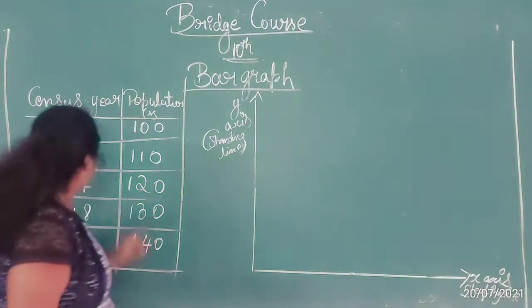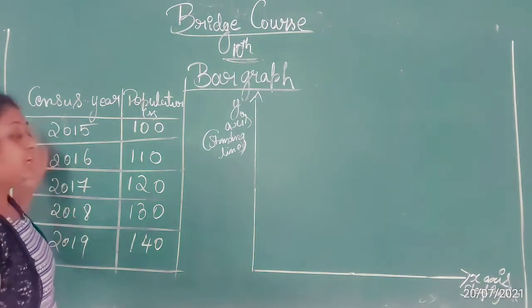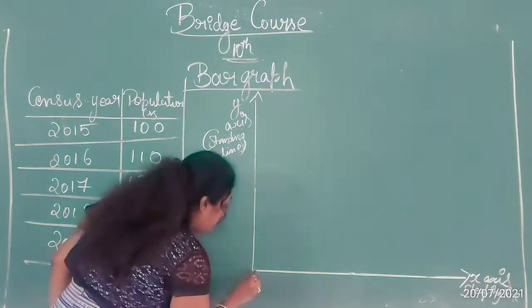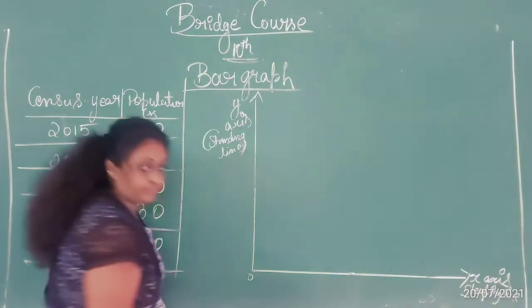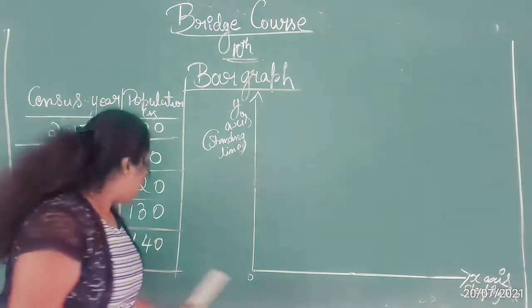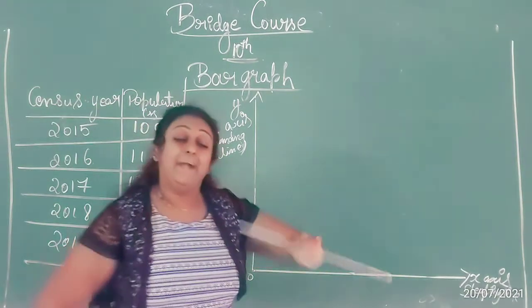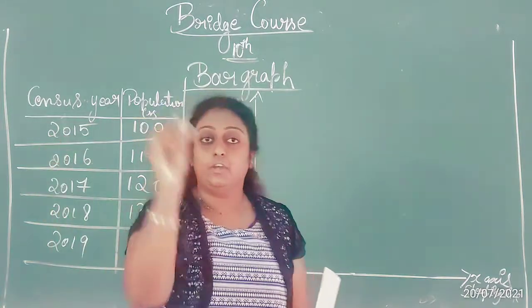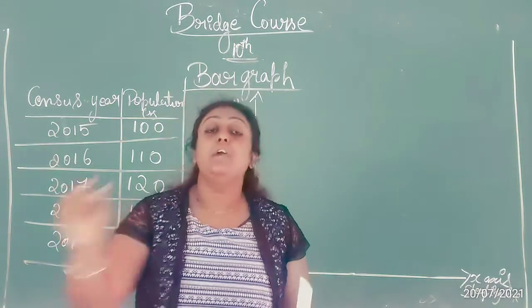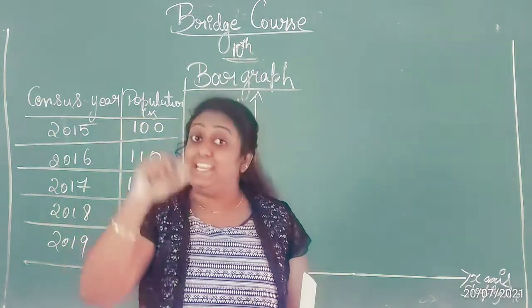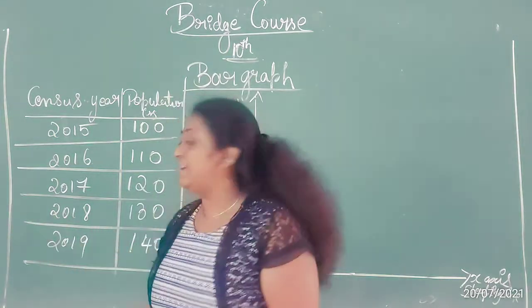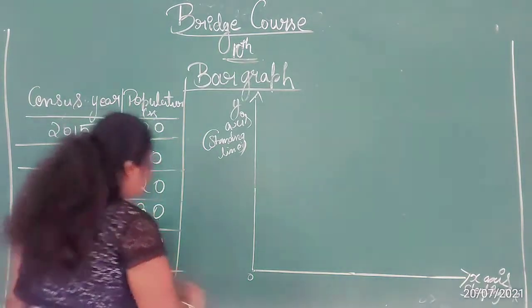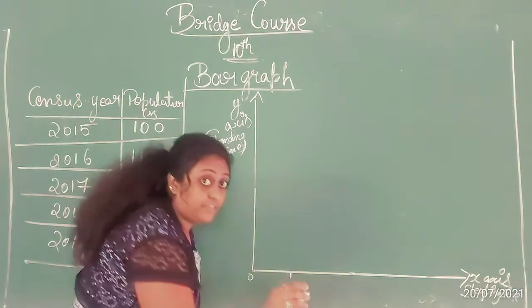Understood? Now what will happen? 5 readings are there, isn't it? 2015 till 2019. Now what I will do here? I will just mark 0 here. For easy understanding, I am directly writing the years. But in your 10th standard, when you are doing your graph, you have to count the boxes, like the small boxes in your graph sheet. You have to count those boxes and then plot it. But for the bar graph, for an easy method, I am going to write the values directly. Now, 2015, see here, you have to mark it like this.